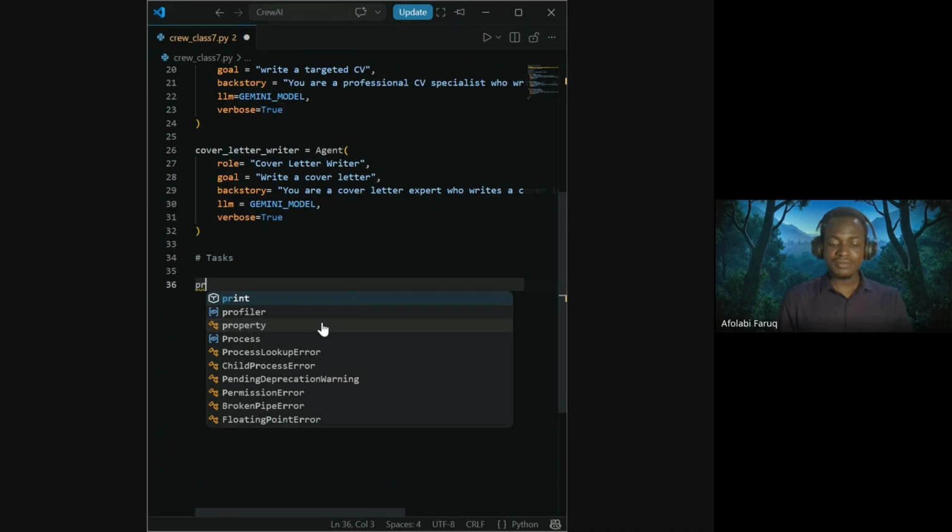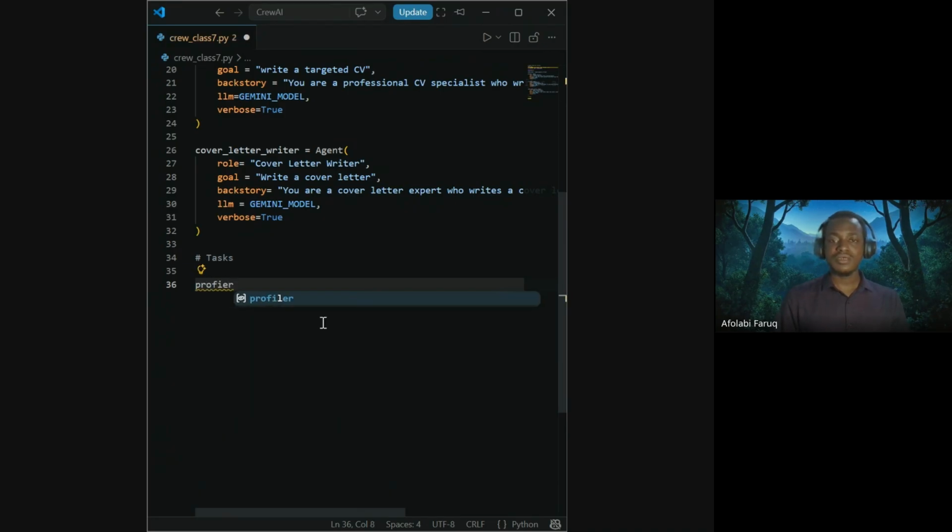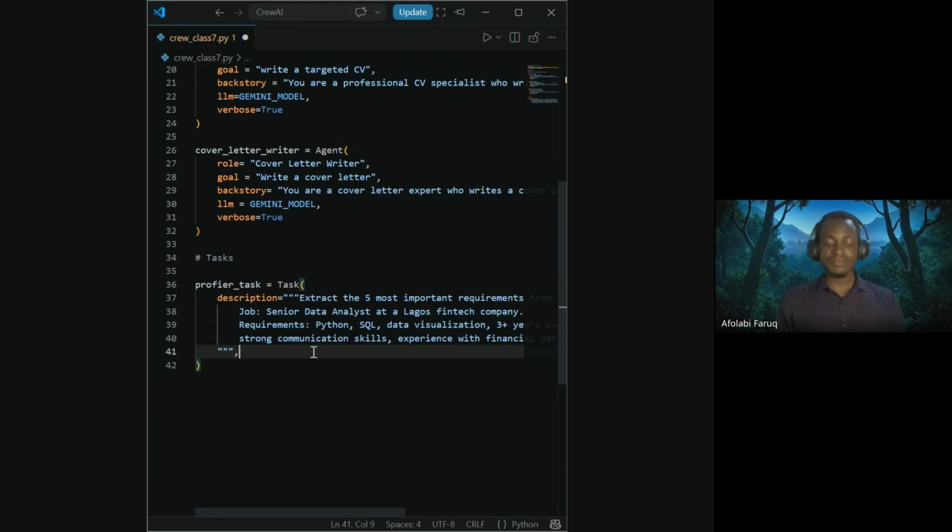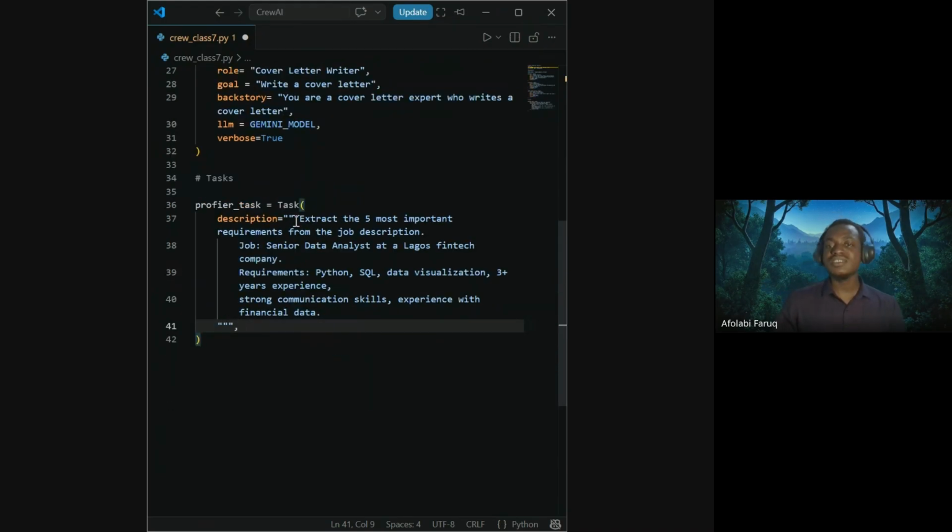So, the profiler. One thing about this is I'm going to get the description of this task. You can already see this is: extract the five most important requirements in the job description. This is the requirement.